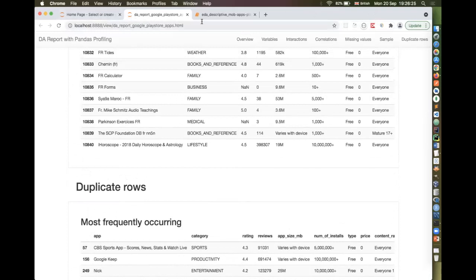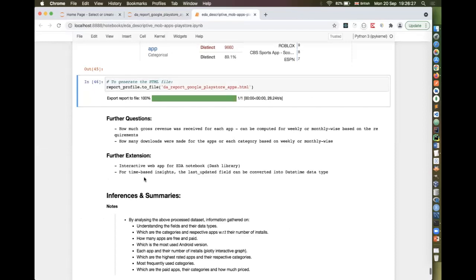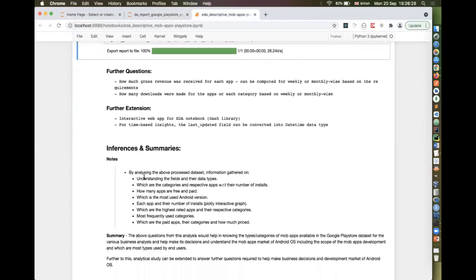So next, after this analysis, what next? We can answer a further set of questions, such as how much gross revenue was received for each app. It can be computed weekly or monthly based on the requirements.